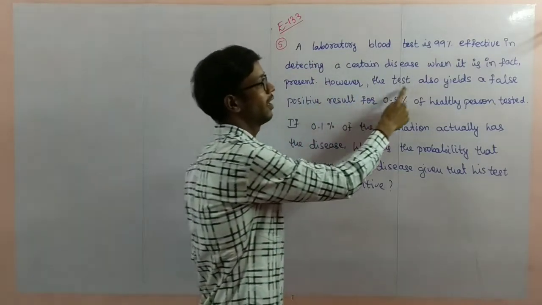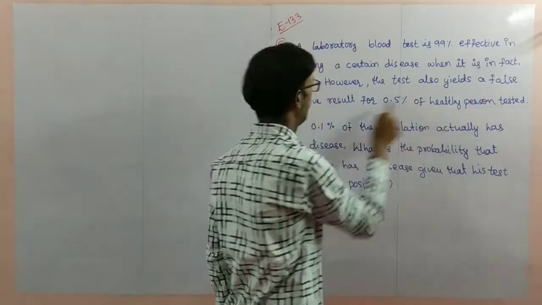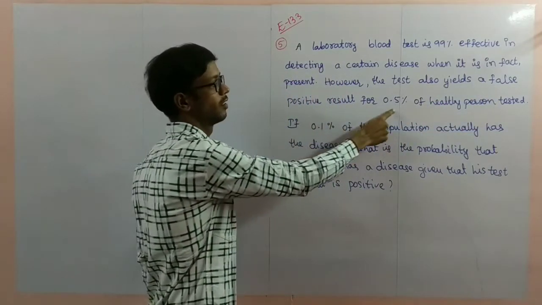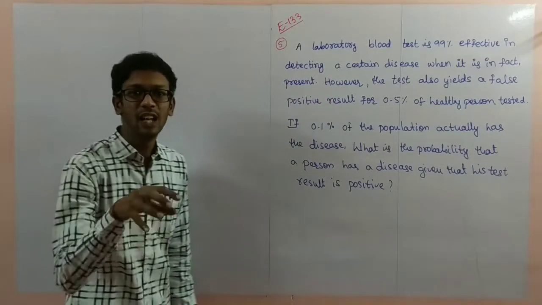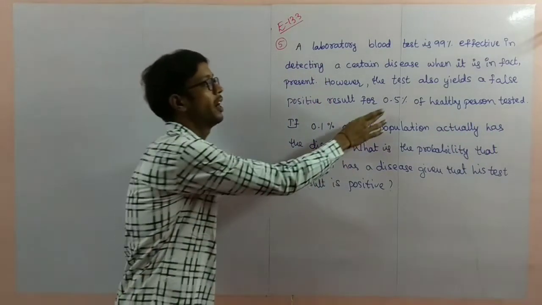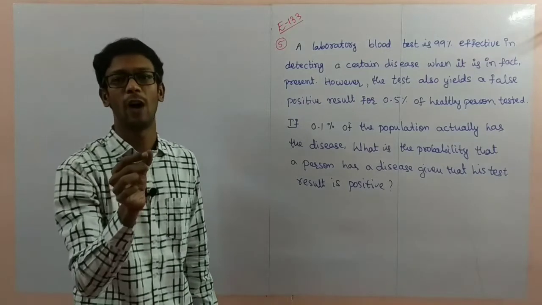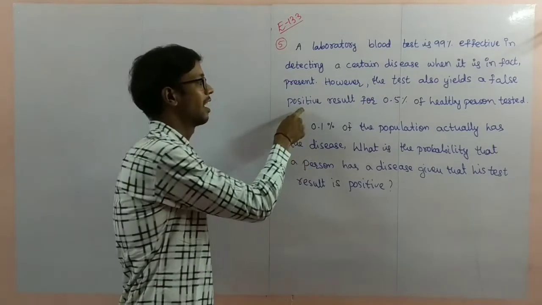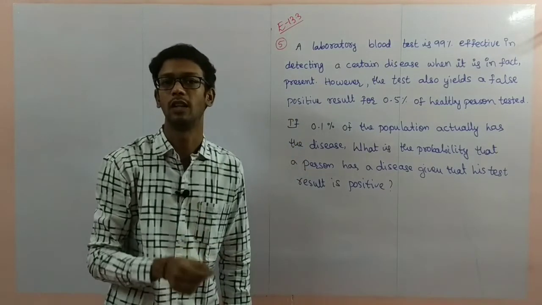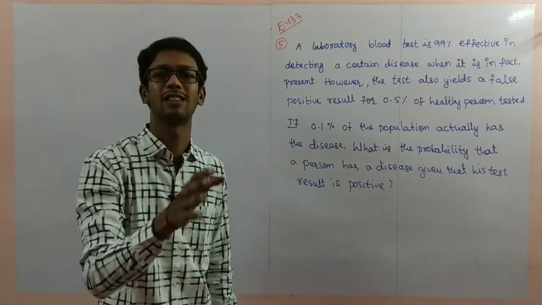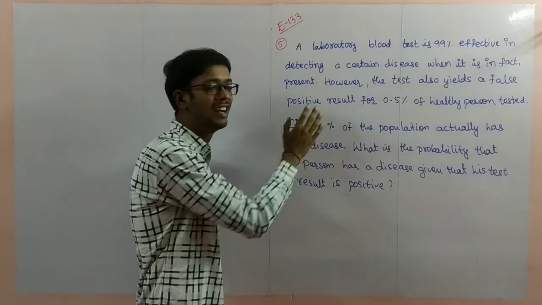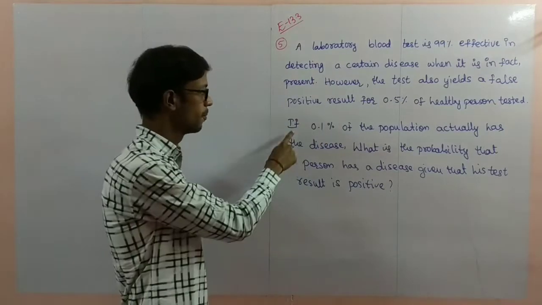Next, however, the test also yields a false positive result for 0.5% of healthy persons tested. A healthy person also has a 0.5% chance. They are treating it as positive. The result is positive, but the person is not affected by the disease. So next, if